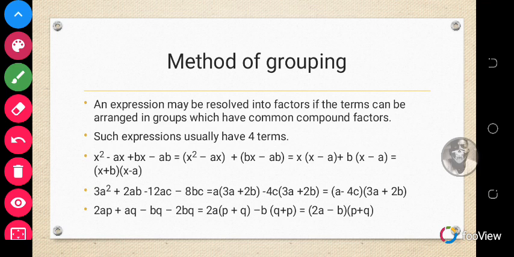Okay, let's look at the third example. So we have 2ap plus aq minus bq minus 2bq. You can also group the terms this way and group the terms this way. So when you look at it, for the first one,